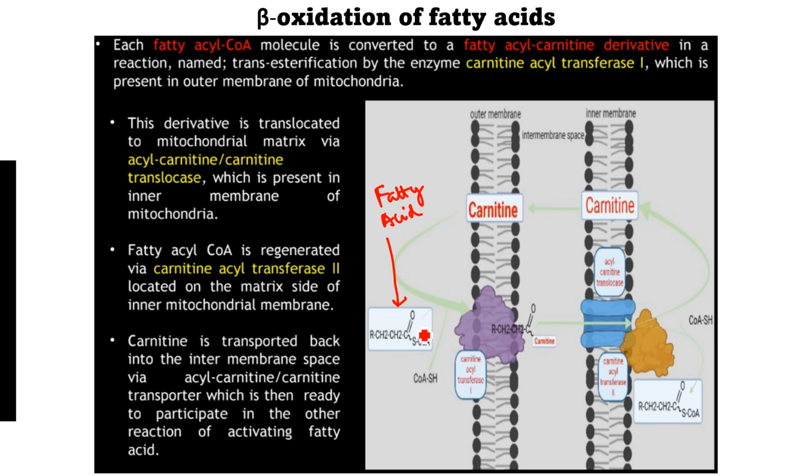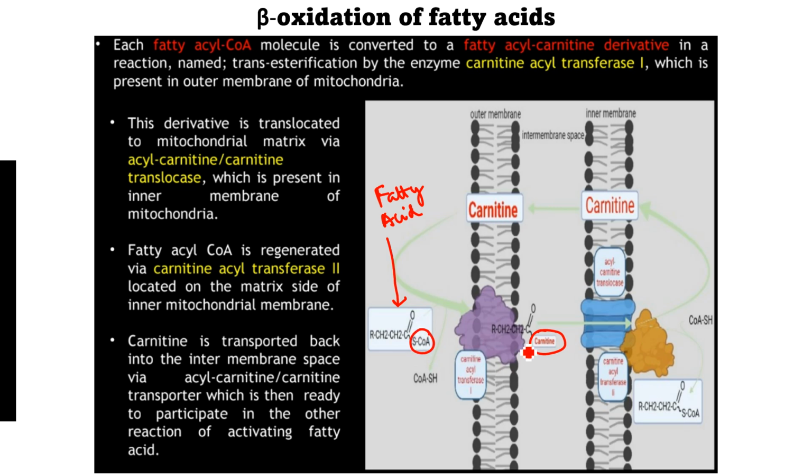Now this fatty acyl CoA, this is directly from the lecture slide, is converted into a fatty acyl carnitine derivative in a reaction named transesterification by the enzyme carnitine acyl transferase 1. It transfers the carnitine group to the fatty acyl CoA. So now you see, the S-CoA group which was there has been replaced by a carnitine molecule. Who does this? This enzyme, carnitine acyl transferase 1, catalyzes the transfer of this carnitine molecule to the